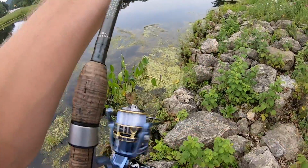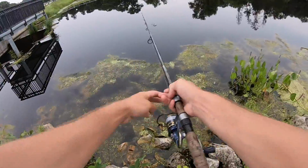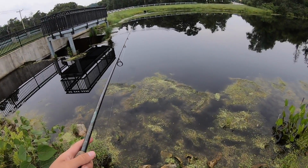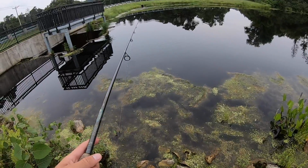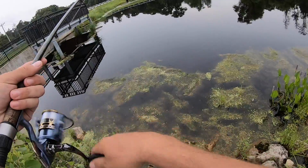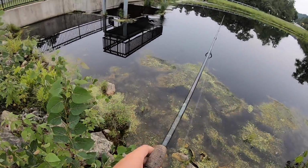Oh, I ripped that right out of his mouth. I thought he had it. He did have it. He was swimming with it, everything. Oh man, let me get re-rigged, we'll get back out there. Alright, threw a new Senko on. Let's see if he doesn't take it again. I don't know how I didn't hook him though. He was swimming with it. Took the Senko off the hook. Unless he was just swimming with the tail of the Senko or something. I thought it was a somewhat decent hook set. Not the best, obviously, but...